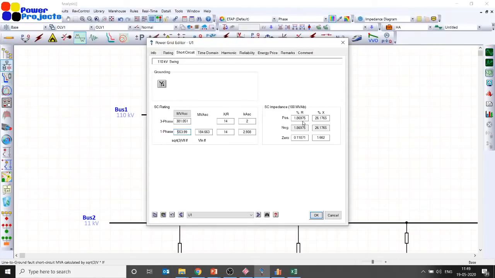What's the impact of harmonics on cable sizing? That's the question from Gunasekaran. The impact of harmonics on cables is the same as that of impedance, whether you are looking at the impedance of the cable below the point of coupling or above it. Whenever you increase the impedance below your point of coupling, the total harmonic distortion at the point of coupling will come down. Whereas if you increase the impedance above the point of coupling, that is at the grid, then your total harmonic distortion will increase.